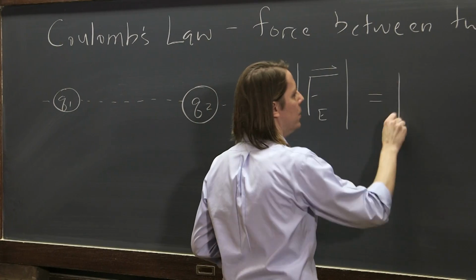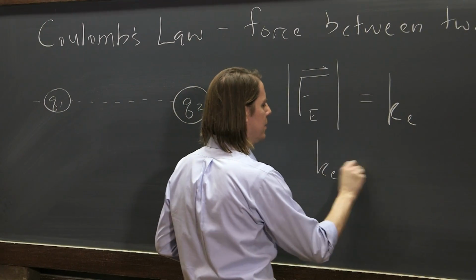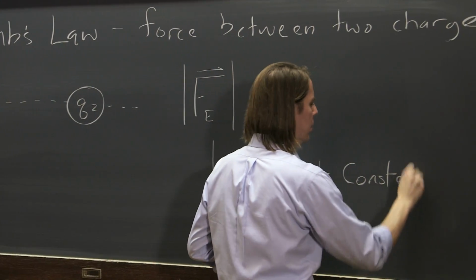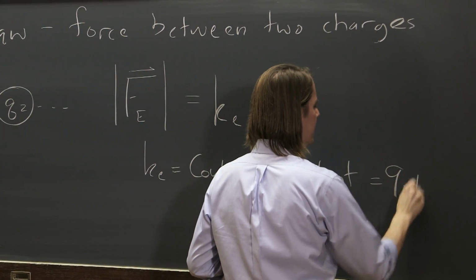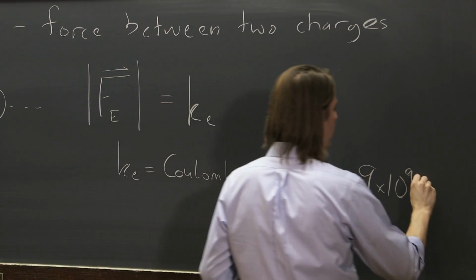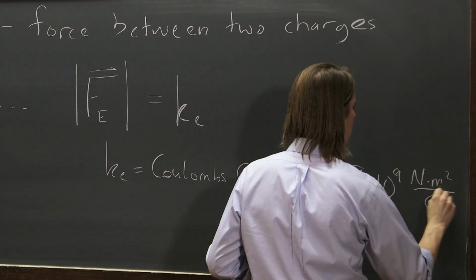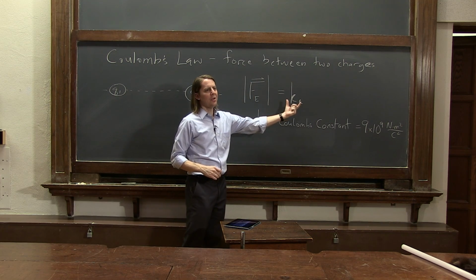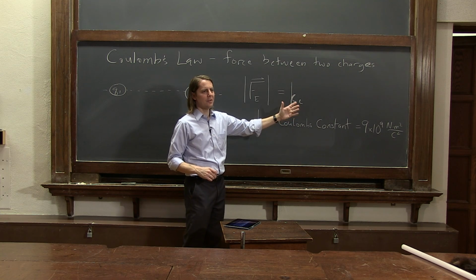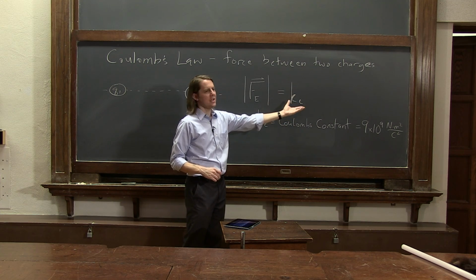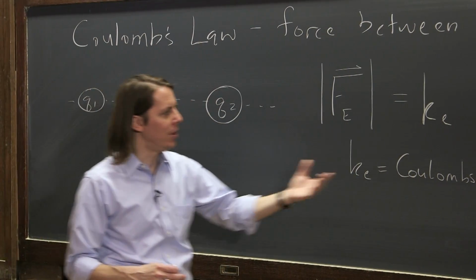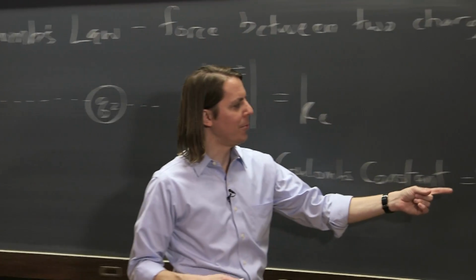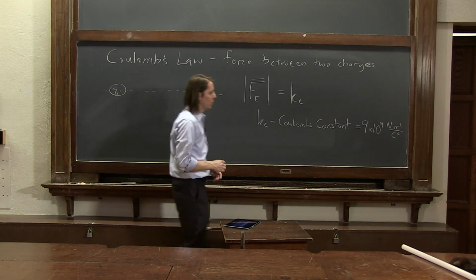So this is equal to Ke, where Ke is Coulomb's constant. And it equals 9 times 10 to the 9 newton meters squared per coulomb squared. In some books, you might see a 1 over 4 pi epsilon naught here, where epsilon naught is the permittivity of free space. 1 over 4 pi epsilon naught equals Ke. It's just different ways to write the constant. For Coulomb's law, it's much more convenient just to write Coulomb's constant Ke. It also has an easy to remember value, 9 times 10 to the 9, if you're working in MKS units,